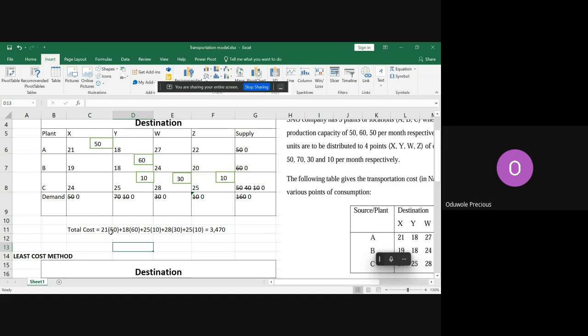And if you count your solution, 1, 2, 3, 4, 5, it's supposed to be up to 6, including this total. So according to the formula,